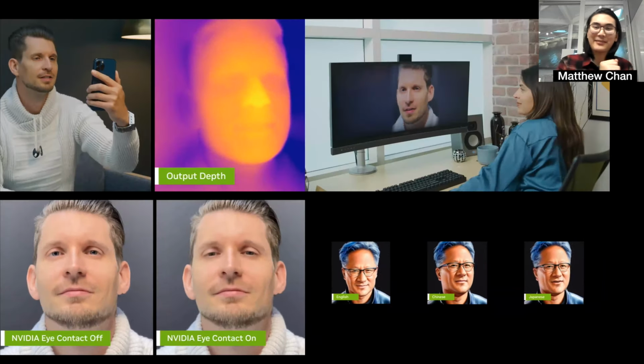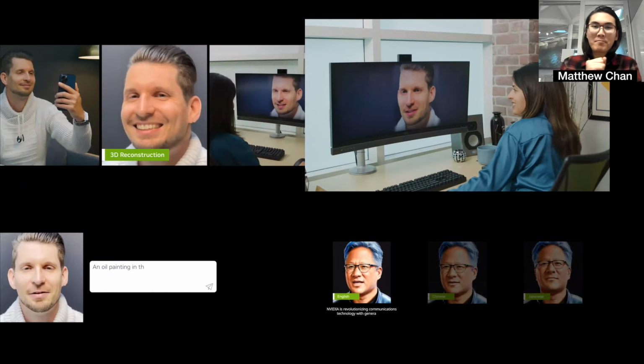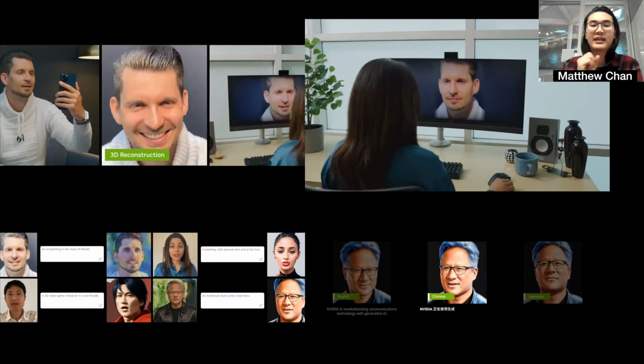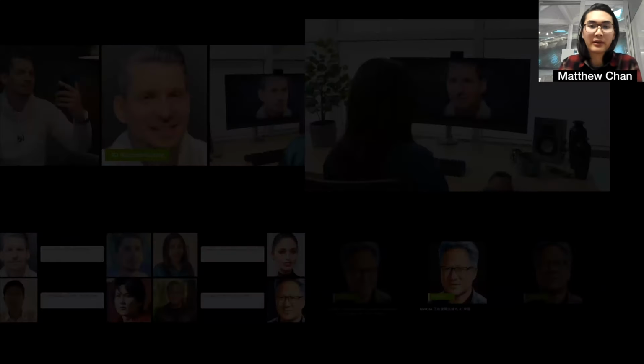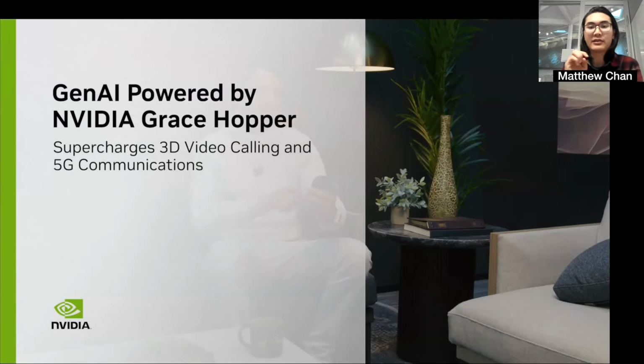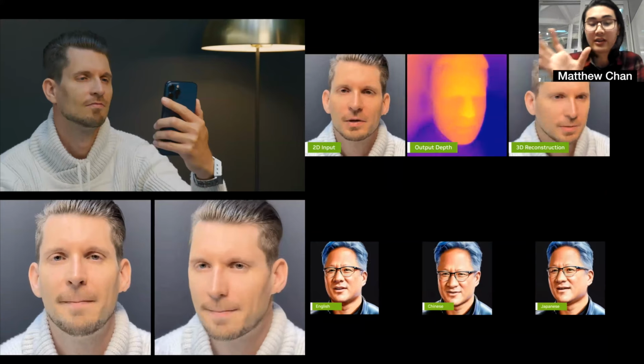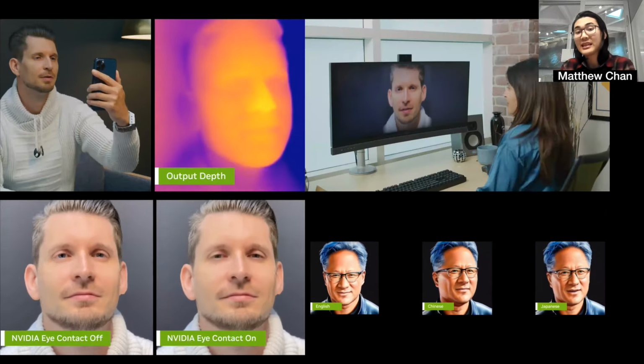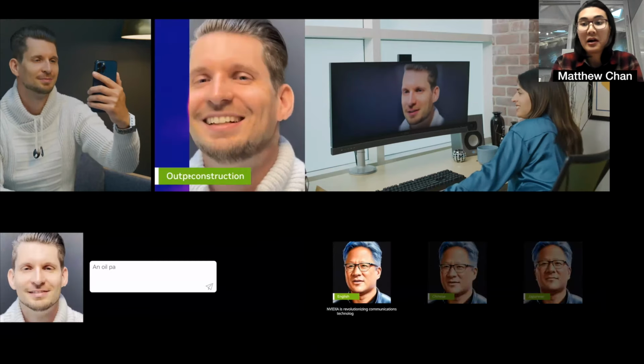Fabulous. So there's a lot of stuff going on here. If you look in the bottom left corner, we have stylization. In the bottom right corner, I'll play that one more time, we have translation. There's some eye contact. And a lot of this, if you caught that in the top right corner, is all coming from a single 2D input. This is just a sneak peek at what I'm going to be covering today.